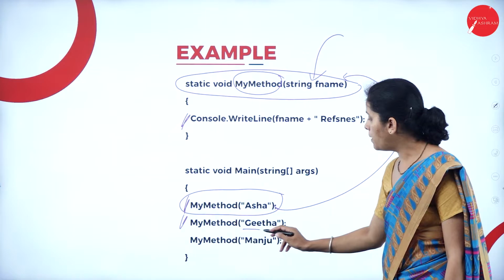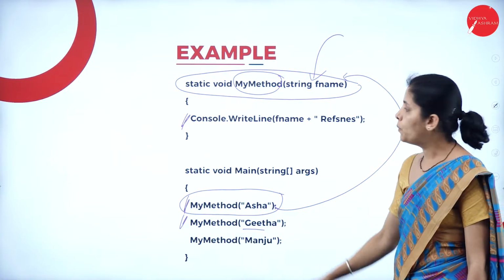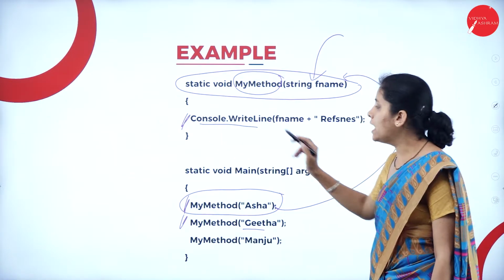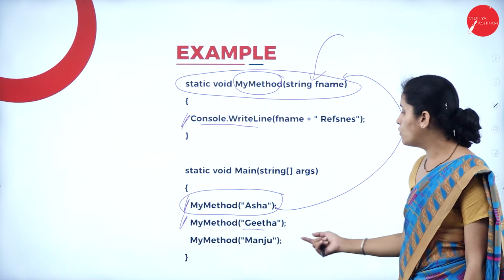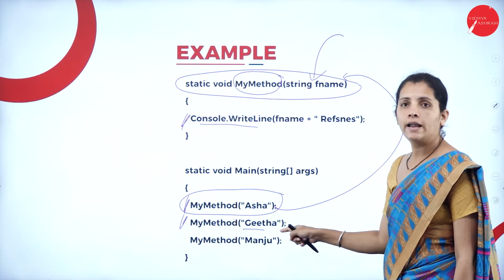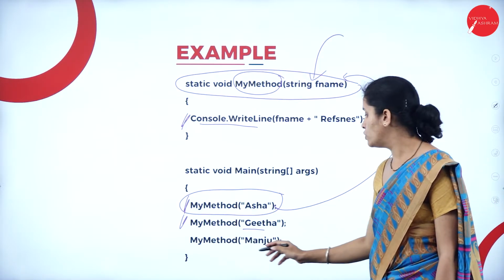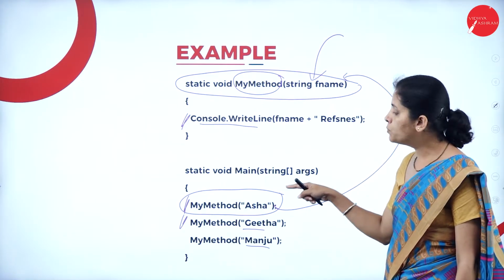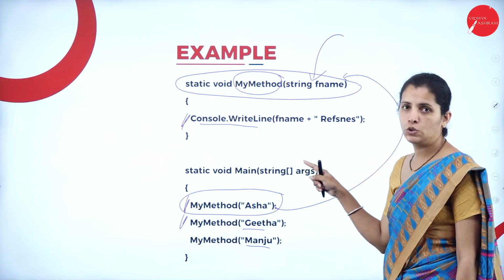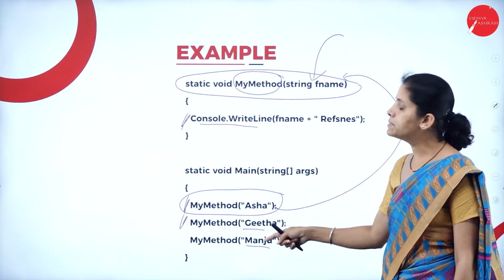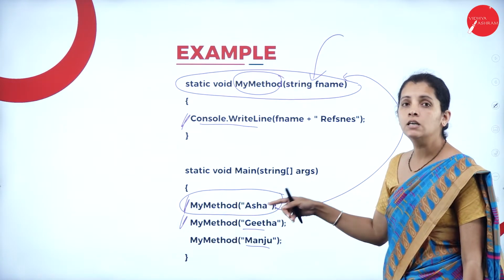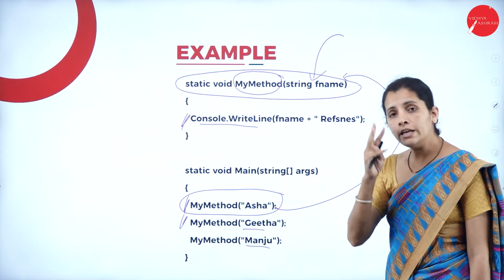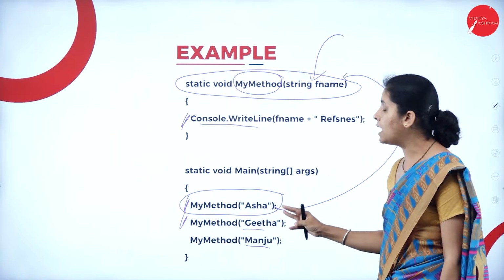Now I'm going to pass Geeta. When I print the output, I'm going to get the output Geeta. And the third time, I'm going to pass Manju. So what is the output I'm going to get? Manju. So how many times am I going to call the method? 3 times, and each time I'm going to pass different